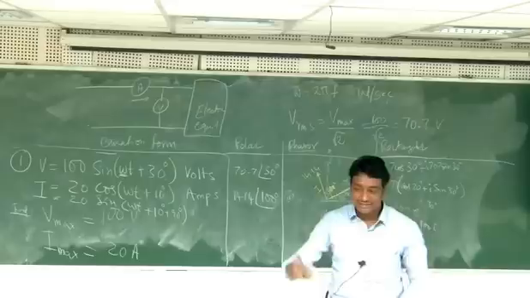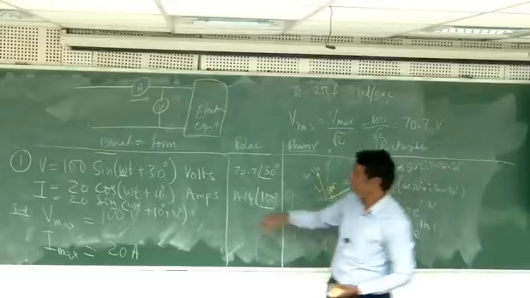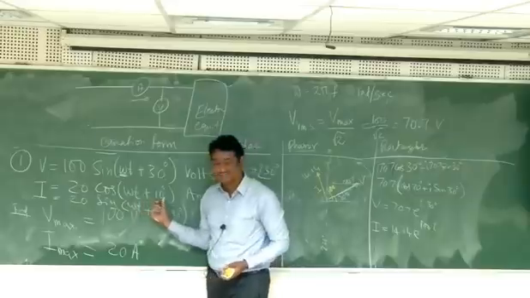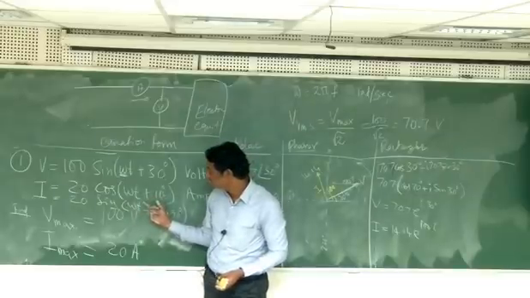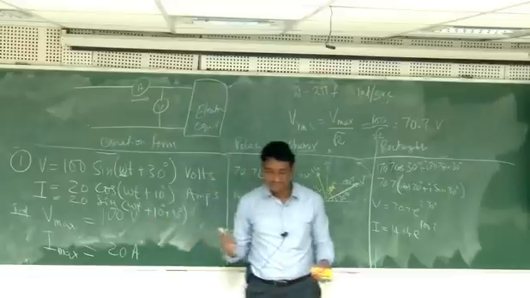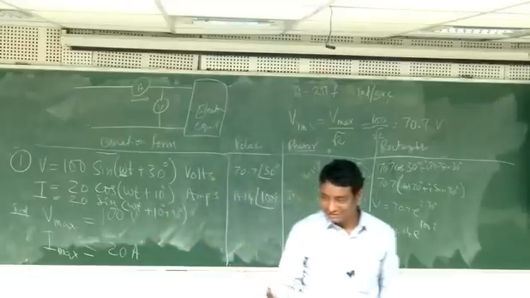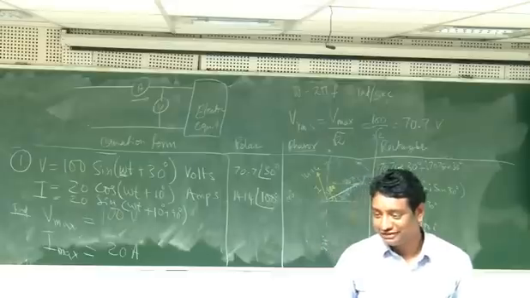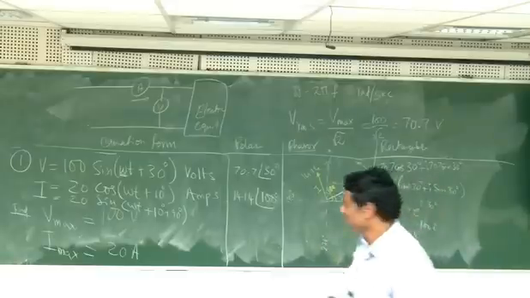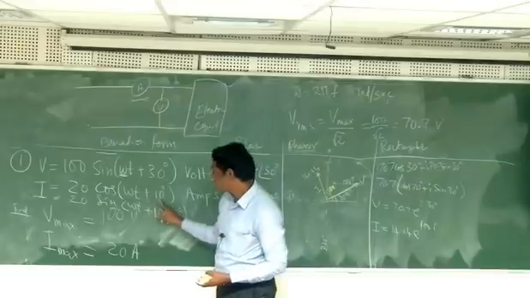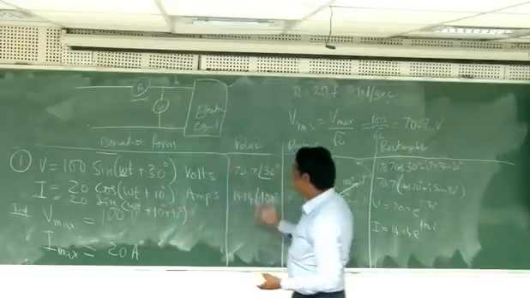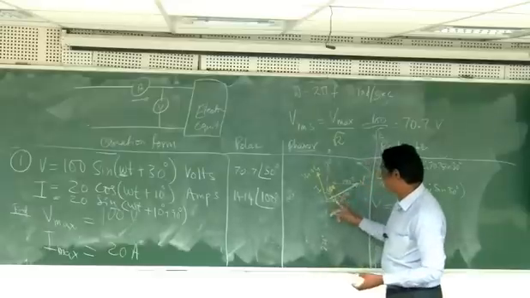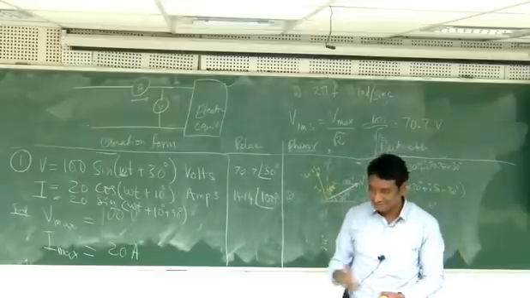Okay, so the question she's asking is, what if I use cos of 90 minus theta? Like then it will be what? Minus 80 degree, or 90 minus theta, or minus 90? See, 90 will still be positive, right? So instead of 90 plus 10, it will be 90 minus 10, it will be plus 80. Okay. But it will still be leading, but then it is still wrong actually.